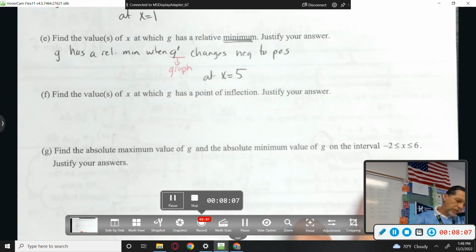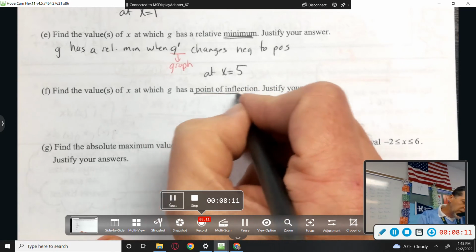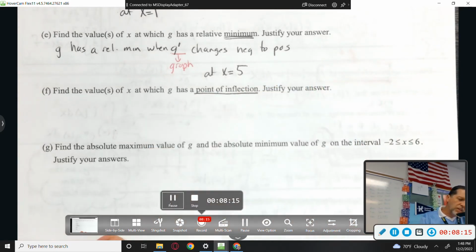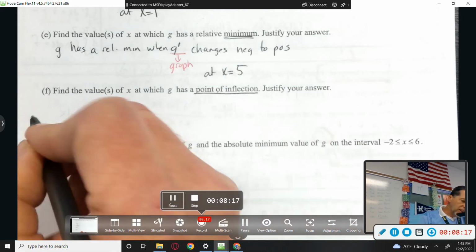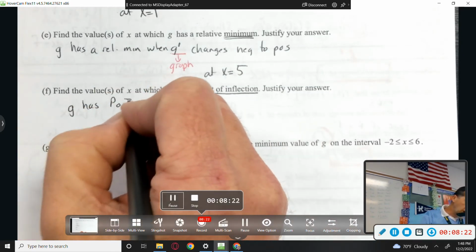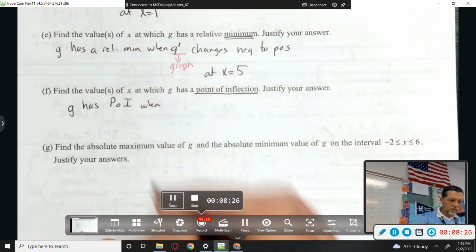Find the values of x at which G has a point of inflection. Point of inflection, I'm already thinking second derivative. Justify your answer. G has a POI